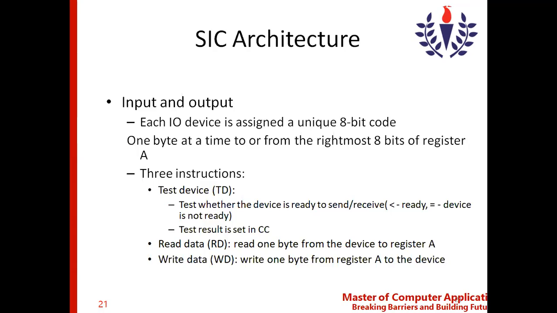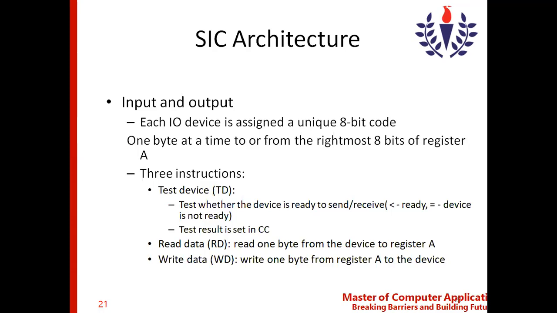Moving on to the instruction format, there is a certain format which needs to be followed by a programmer to write an instruction in an assembly language program, especially for the SIC machine architecture. There are 3 different columns: one is the opcode, the second is the X bit, and the third is the address field. The opcode contains 8 bits, the X bit has a 1-bit value, and the address field has 15 bits. Based on the X value, we can have different types of addressing modes.